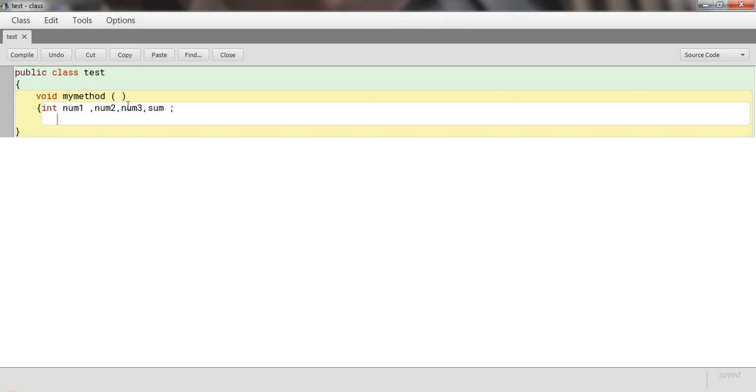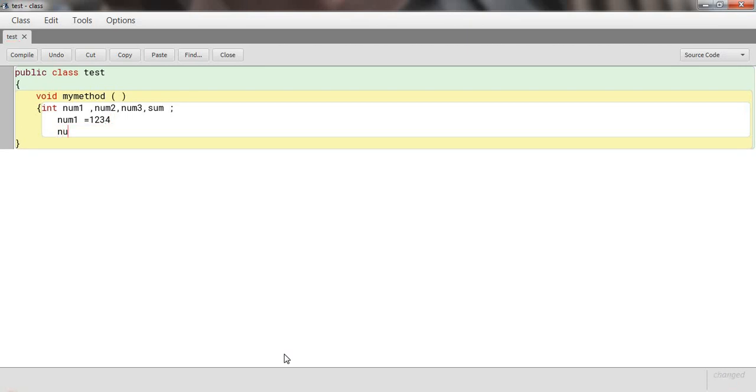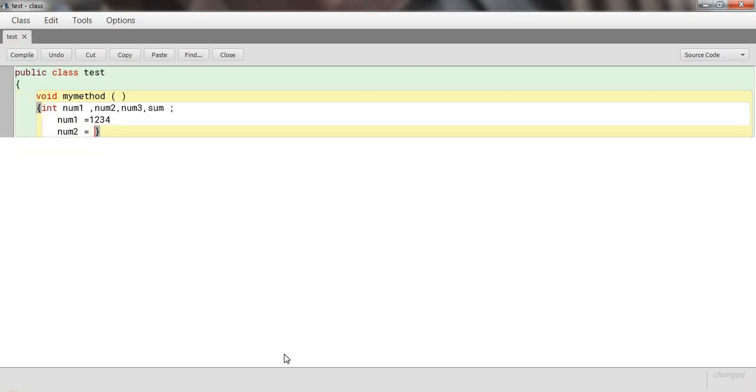Now we have to give values for the numbers. We'll put num1 is equal to 1, 2, 3, 4. You can give 4 digits only. Now num2 is equal to 3, 4, 5, 6.